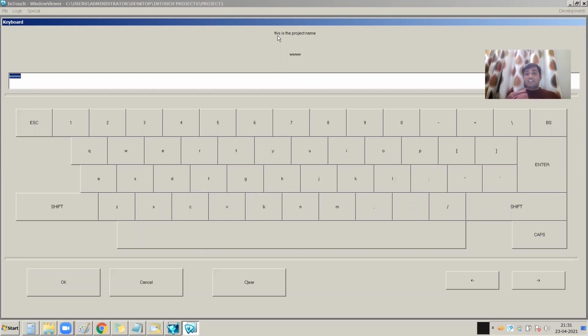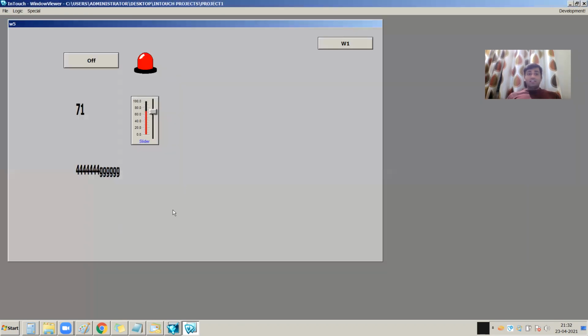You can see the project name, whatever string I have written in the message to the user, is visible over here on the keypad. That is just for information; you can do it or not as per your requirement. I am giving some value to my string. See, the string is now changed.